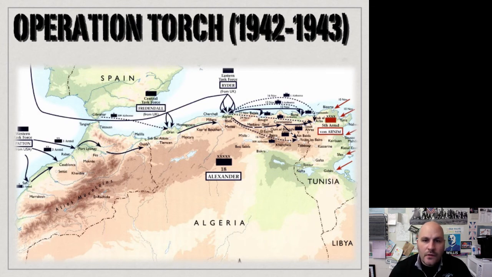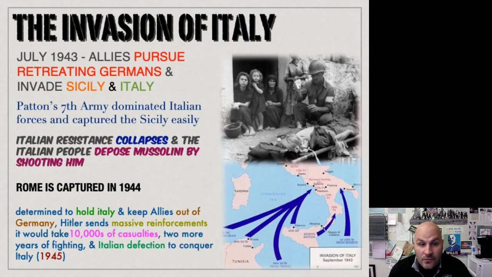So once the Africa Corps is out of North Africa, both Patton and Montgomery are going to cross as well into Sicily and then ultimately into Italy, because they're on this offensive. They're going to pursue